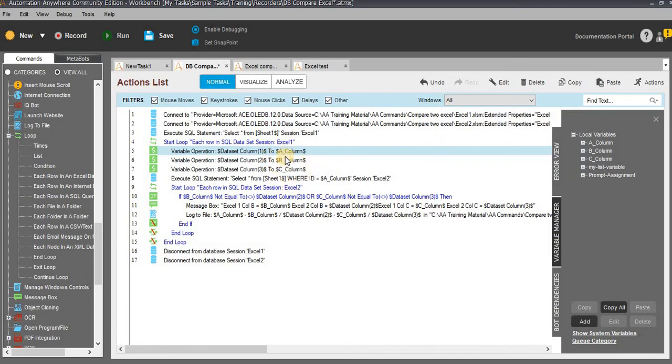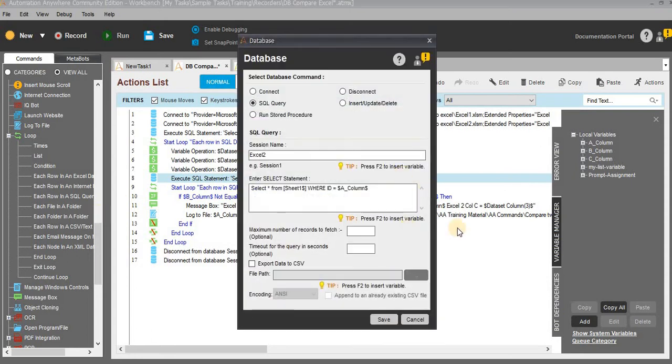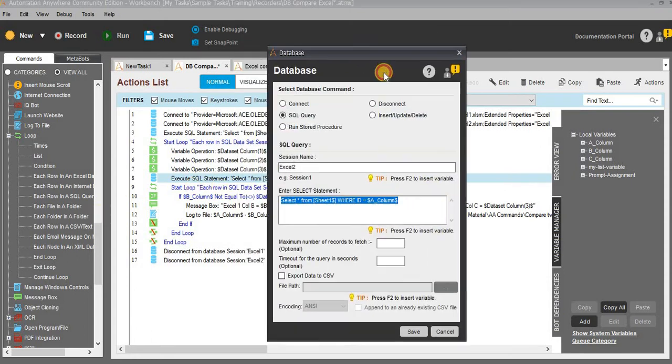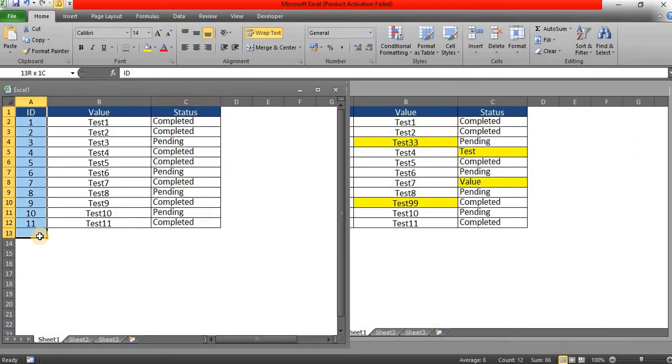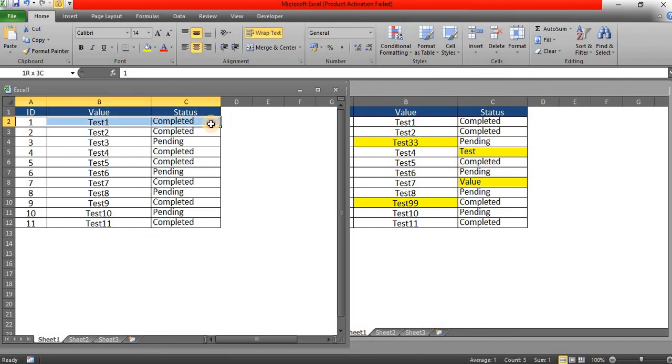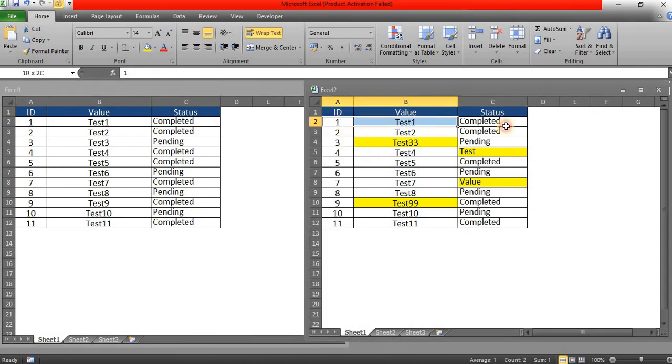So instead of that, I am using where condition. So where condition, which is nothing but extracting the information based on the IDs. So in the column A, I have IDs, right? 1, 2, 3, 4, 5, 6, something like that. So what will happen is first time it will validate and it will extract the information only on this row, the second row. Based on the ID, it will filter and it will display the particular informations.